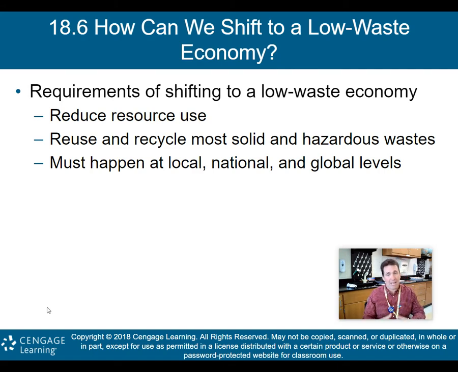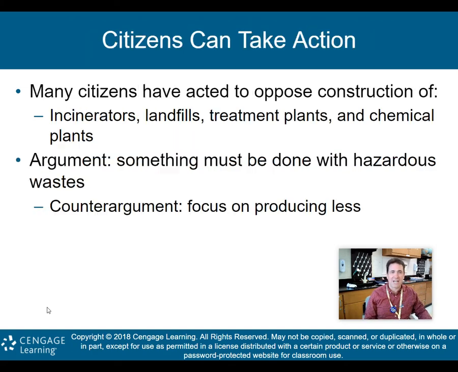And usually, guys, it happens locally. Usually this kind of stuff goes from the bottom up. All right, so grassroots up to the top, that's where it has to go. Citizens like you can take action, and me, all right? Many citizens have acted to oppose construction of incinerators, landfills, treatment plants, and chemical plants. Again, this is that environmental justice we spoke about in part two, I believe,